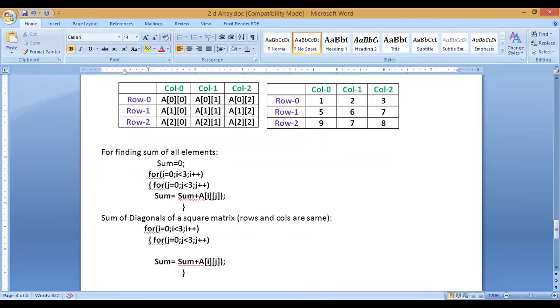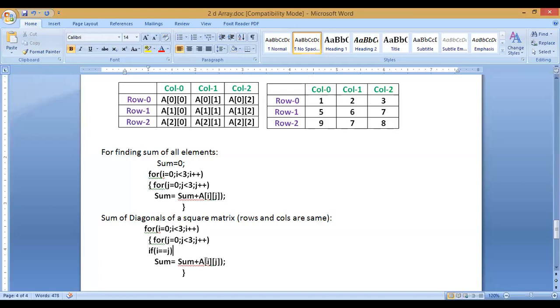Instead of all the elements, if I want to access only diagonal elements, then I have to write here if I is equal to j, then only I will sum, right? Whatever value of I you have taken and going inside its body, with whatever value of j you are going to take and going inside the body of j, ultimately your element will be aij, right?